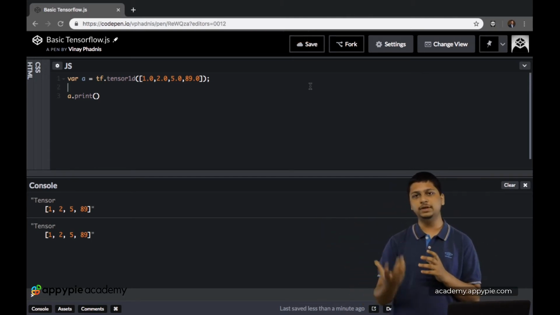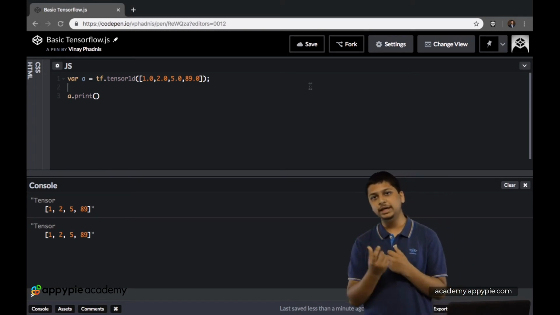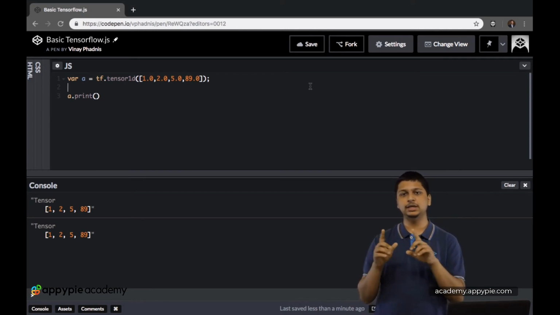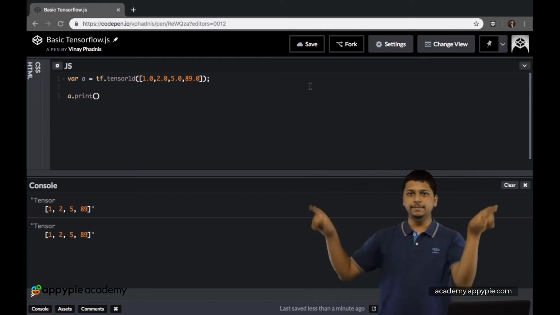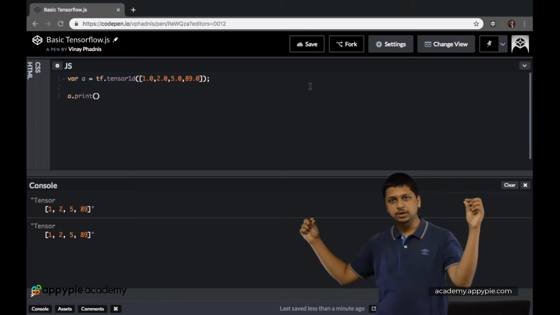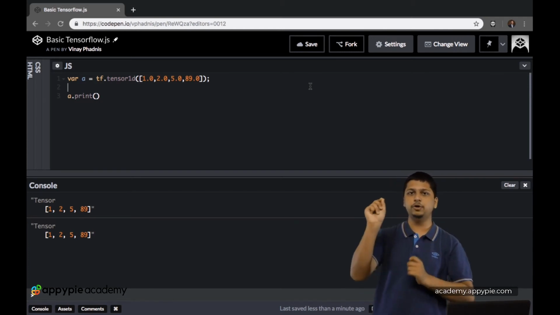And after that, we also have a concept in TensorFlow which is called tf.scalar. If you compare it like this, a two-dimensional quantity can be defined as an entire plane, a one-dimensional quantity can be defined as a particular line, and a zero-dimensional object can be defined as something which is a point.